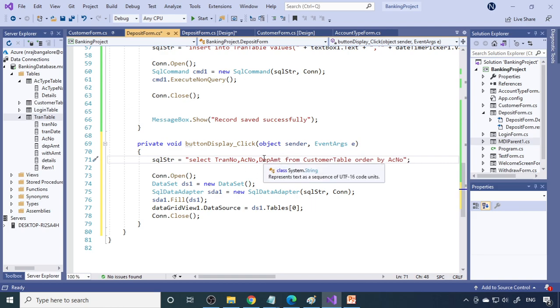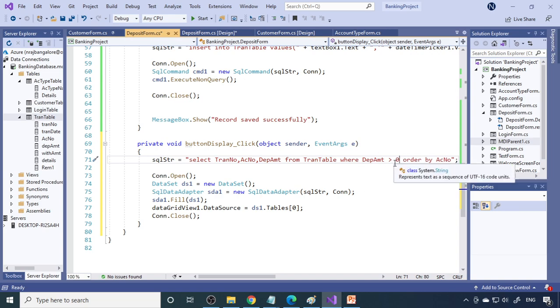We can show only the deposit amount. So this is the transaction table. And here one more care you need to take is, where withdraw amount, okay, so we'll take deposit amount greater than 0, because we don't want zeros, we want only above zeros. Then order by transaction number. Fine, so this will do the job.